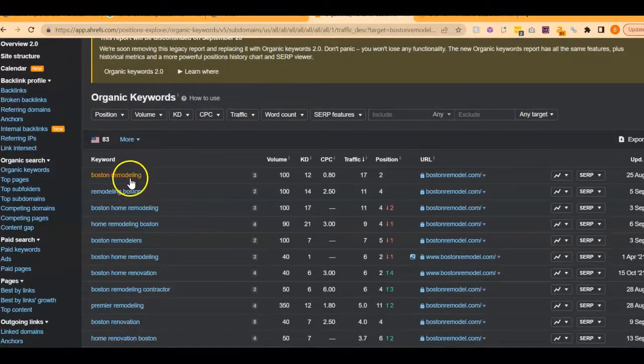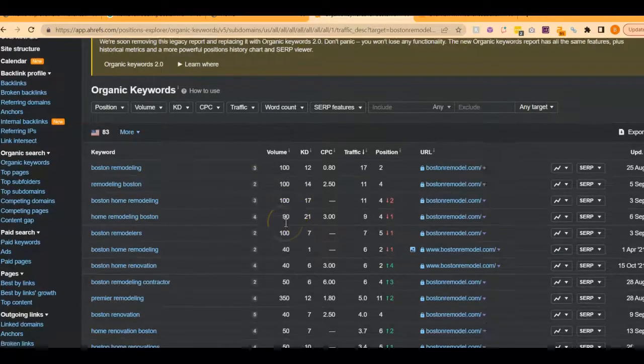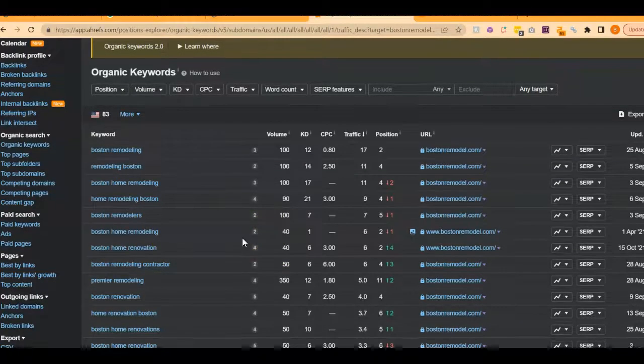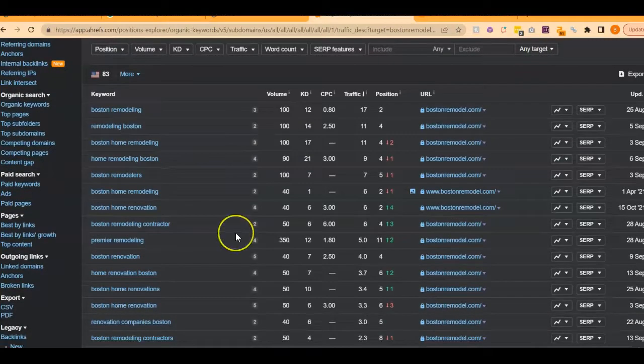For example, Boston remodeling. There's approximately 100 people who Google this per month. Remodeling Boston, approximately 100 people a month. Boston home remodeling, approximately 100 people a month. Home remodeling Boston, approximately 90 people a month. Boston remodelers, approximately 100. Boston home remodeling, 40. Boston home renovation, 40. I'm not going to go through all of these, but you can see there's really,